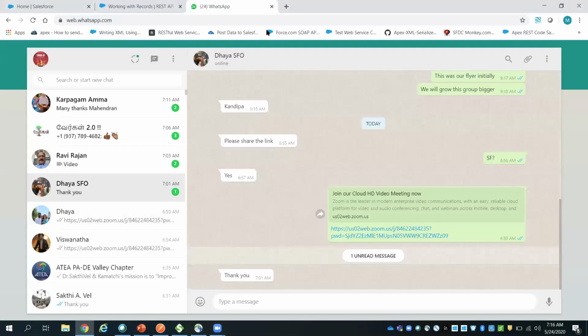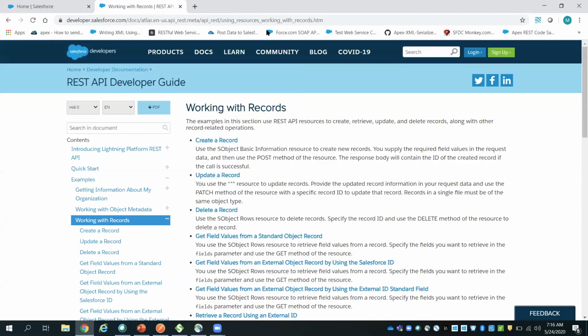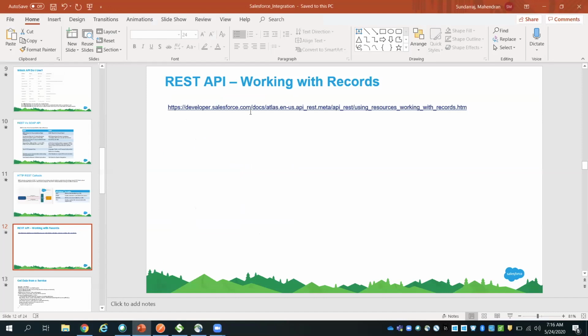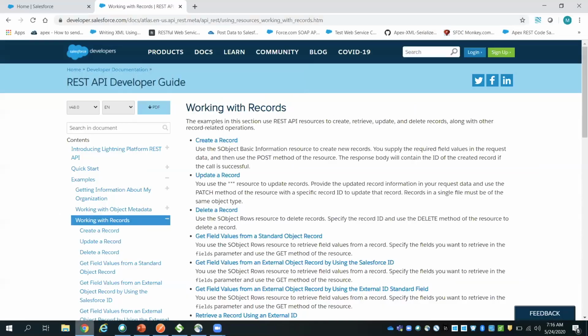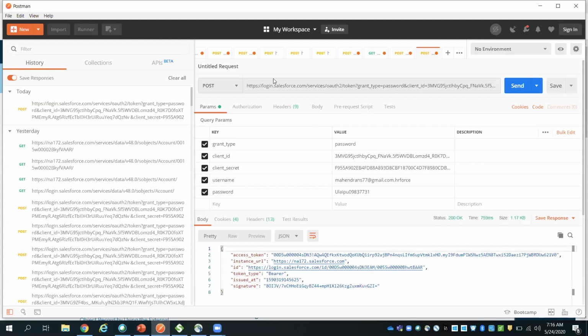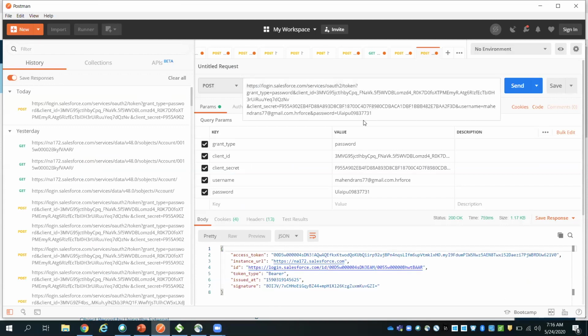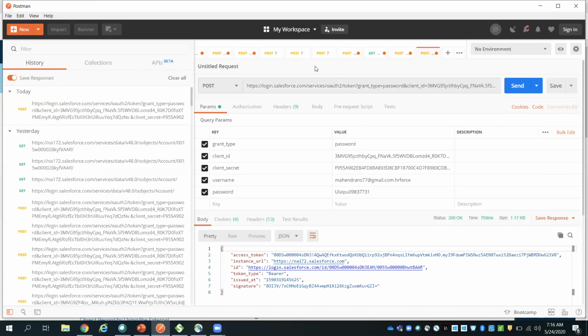Let me open this screen. This is the URL that I have defined here. What I'm trying to do is use Postman to simulate login information and get a token. Here I have put the client ID and client secret.